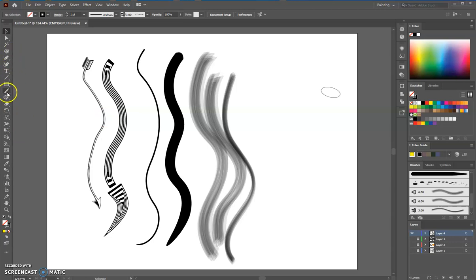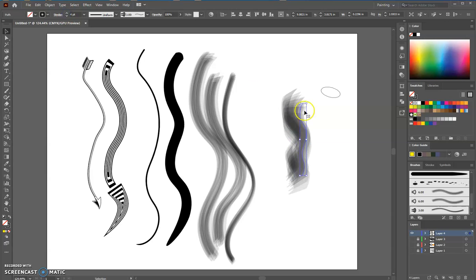So if I go ahead and just grab the regular paintbrush and I just make a squiggle that looks like this, right? Maybe I want to taper it a little bit. Maybe I want it to be a little bit thicker. So I have to select my arrow, select the object, and then maybe make it a little bigger, right? And then what I can do is I can take this object, right, as an object, and I can just